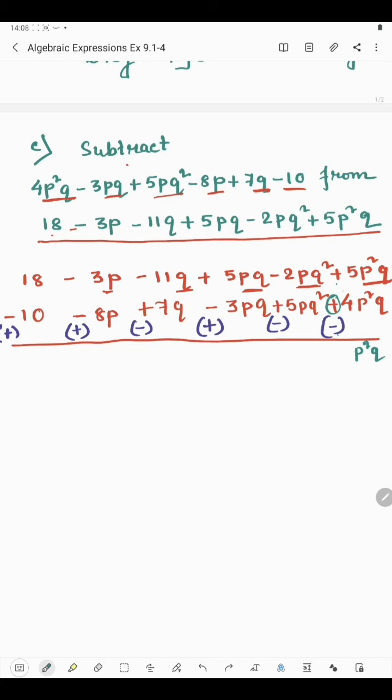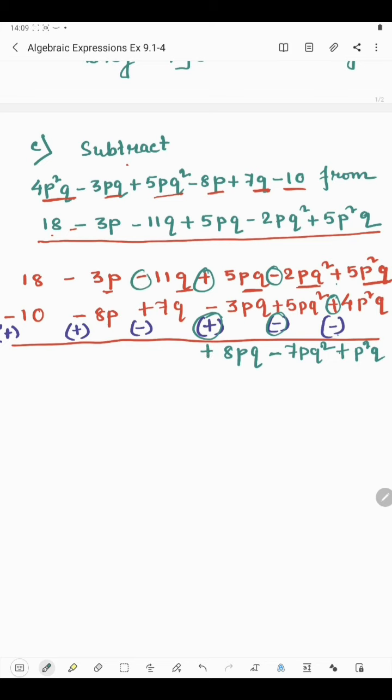Okay, now here 5 is greater than 4 and the sign of 5 is positive, so we'll put a plus sign here. Now coming to the next term, here minus and minus will become plus. So 5 plus 2 is 7pq square, and since the sign of both the digits is negative, here also negative, so we'll put a negative sign here. Okay, now here both are positive, so plus plus plus, so 5 plus 3 is 8pq, and both the digits have a plus sign, so here it will be positive.